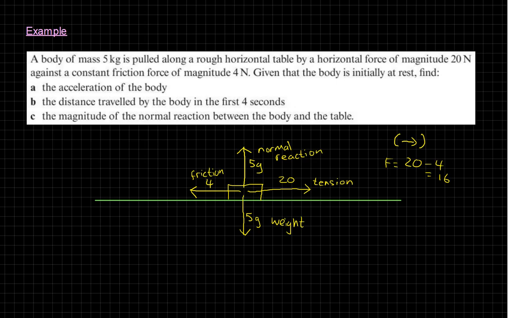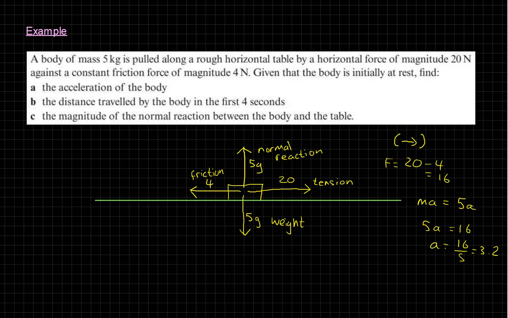And then ma, in this case, m is 5, isn't it? And a is the thing we want to find. So if we equate those two, 5a equals 16, you therefore get that your acceleration is 16 over 5, or in other words, 3.2. Okay, and we've only really got part B left now, because C, if we just skip ahead to that,